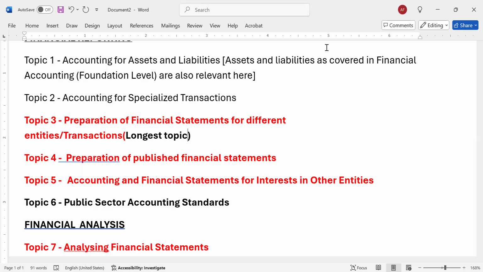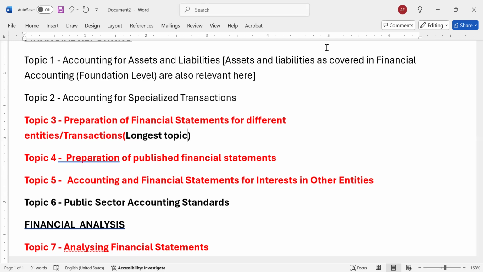But the first case, we are looking at 3.5 months to be very, very realistic. January, Feb, March, part of April, not the whole of April. We should be through with all this. And you'll find that topic number 3 being the longest, which might take you even like 3 weeks or so.